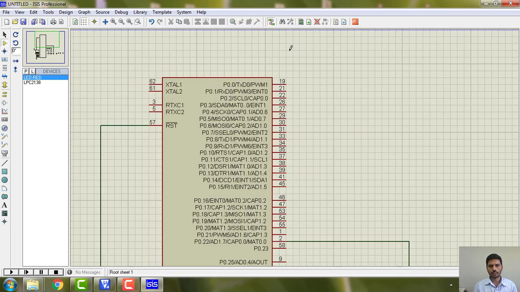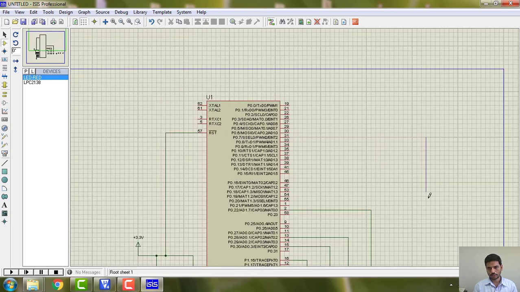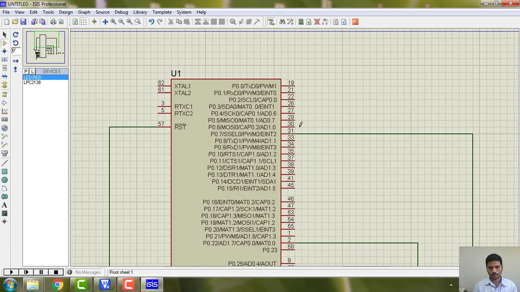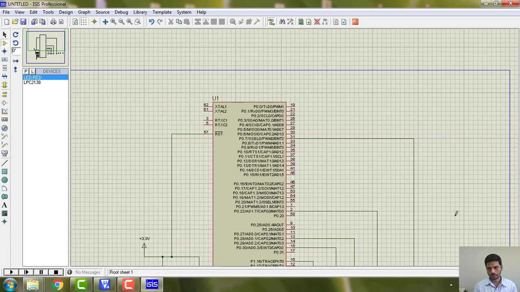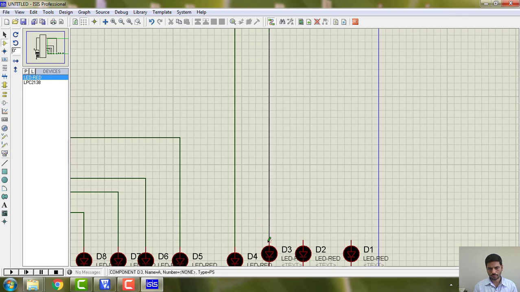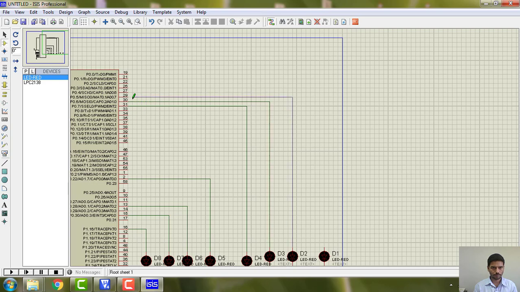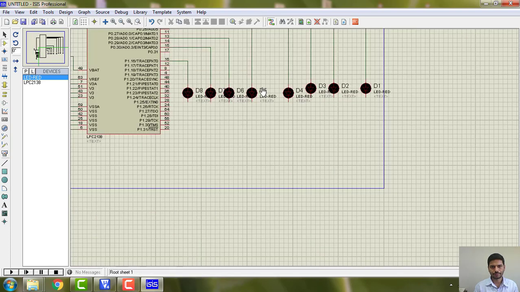Okay, and the remaining are connected to 0.4 to 0.7. So I'll take it here. Connect it here. 0.6, 0.5, and 0.4. Okay, I can connect a common ground for these.